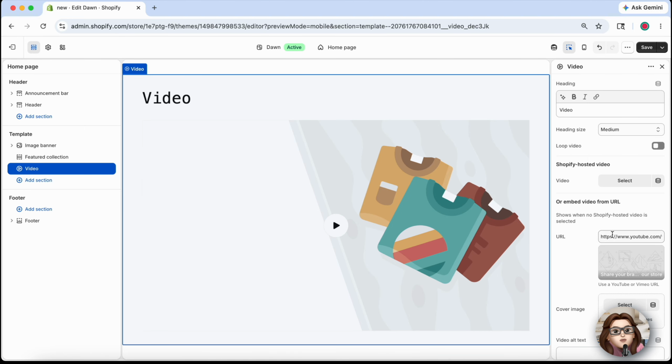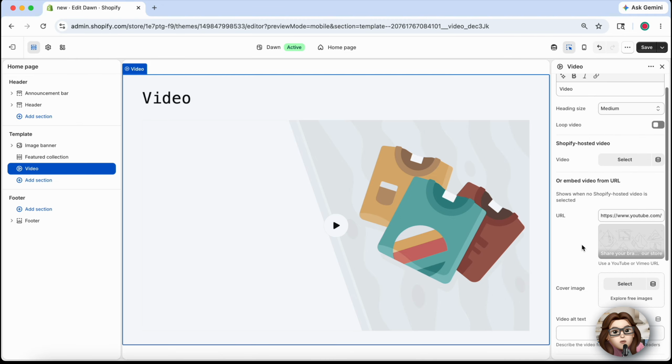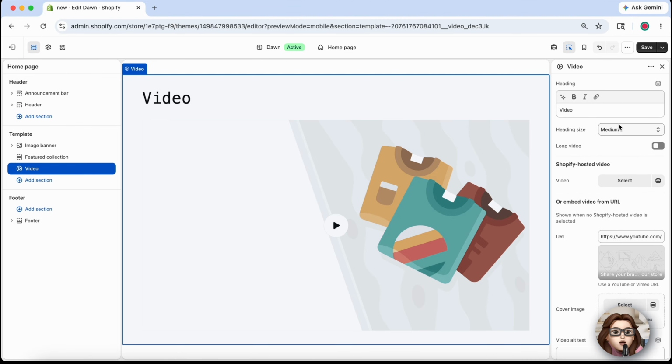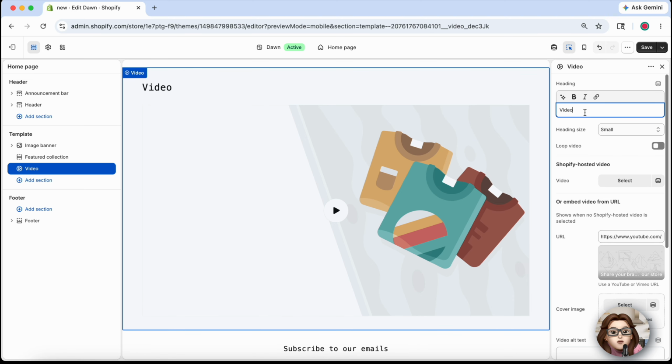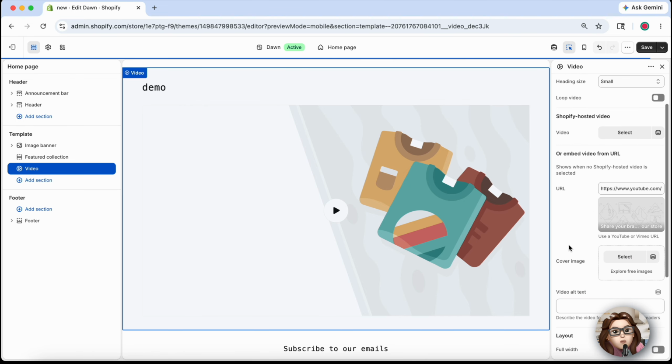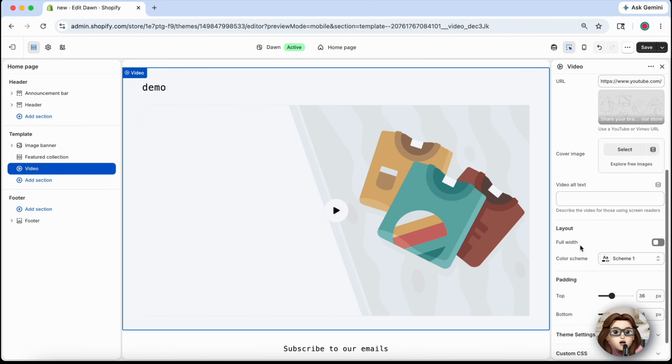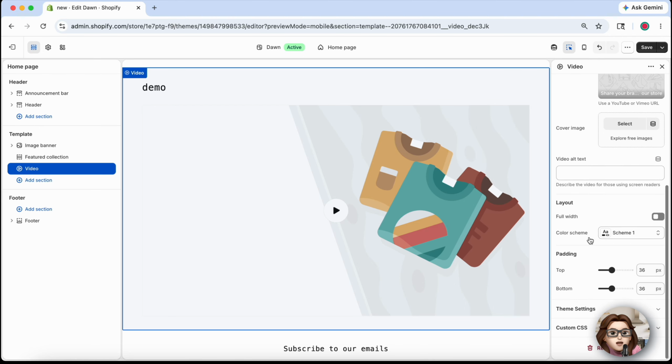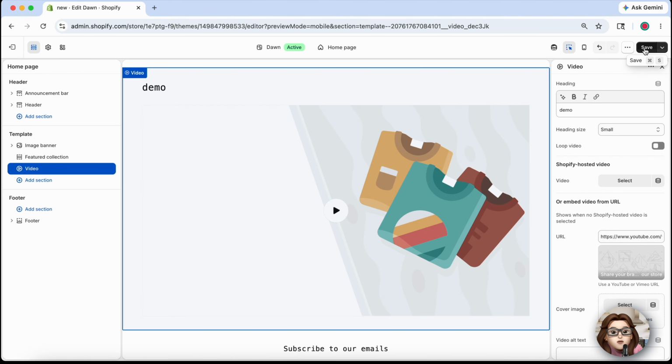After adding the video link, customize the section settings like heading text, layout, autoplay options, and video placement to match your store's design. You can also add a short description or promotional text around the video to make it more engaging for visitors. Once everything looks good, click Save at the top right corner to publish the changes to your